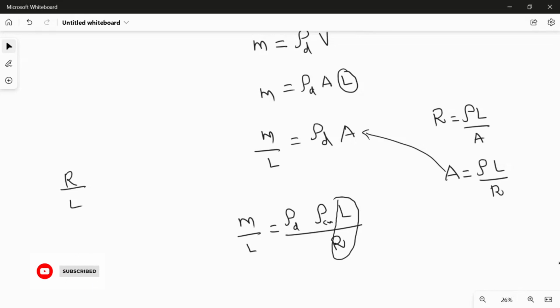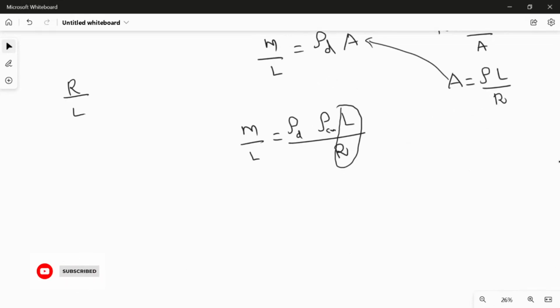So while you substitute the value here, we have to use the inverse of R over L. Now I'm going to substitute the value here. The density of the copper they gave in the question as 8,960 multiply the resistivity of the copper is 1.69 multiply 10 power minus 8 divided by the length over resistance,